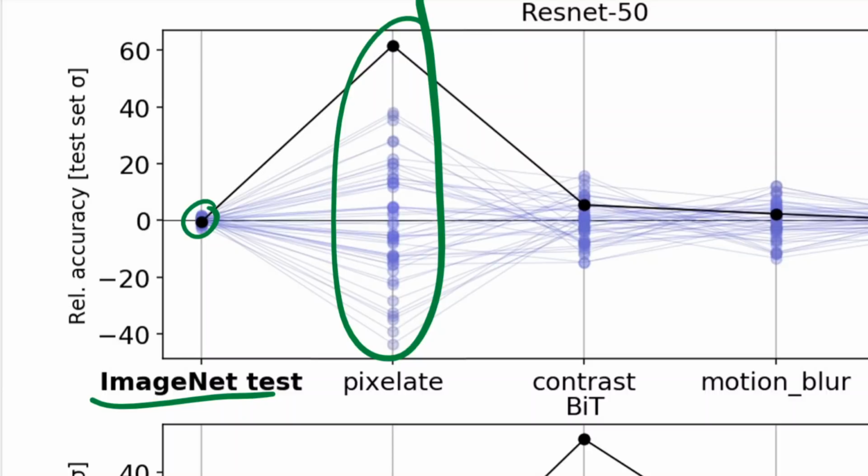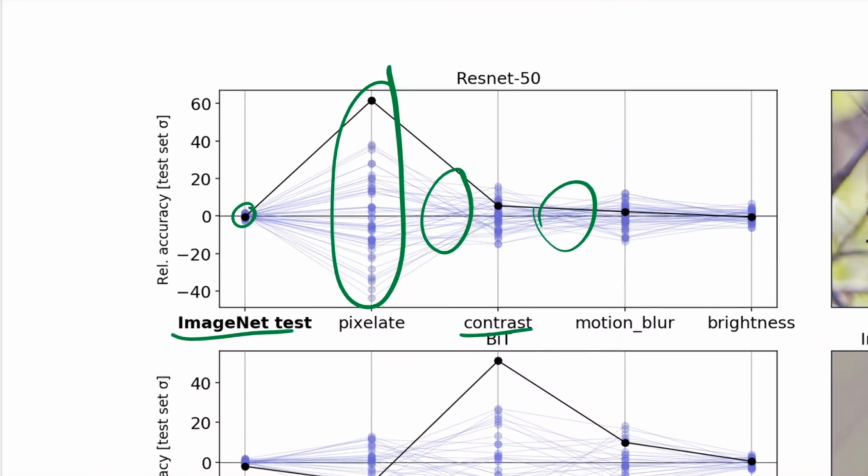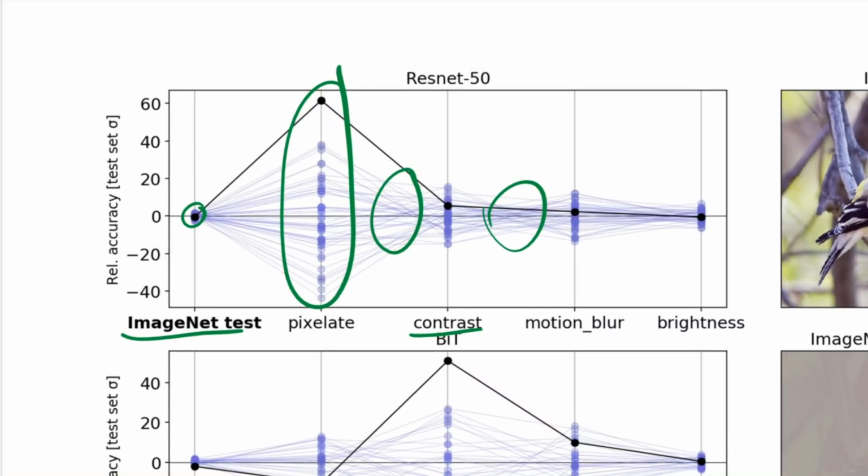And what you'll notice also here or here is that it's not always the same model. So the model that is good at the pixelate thing will be not so good at the contrast thing, and so on. So the question, which the paper also doesn't solve, is that these stress tests are on very, very specific things like pixelate. I can think of a million perturbations to images that are kind of orthogonal to pixelate. It is going to be very impossible to specify all of them, right? To remove this underspecification. So the question is